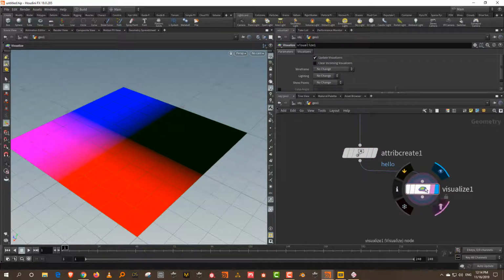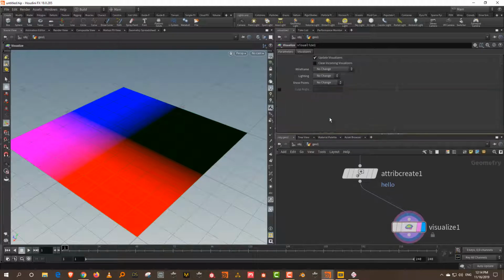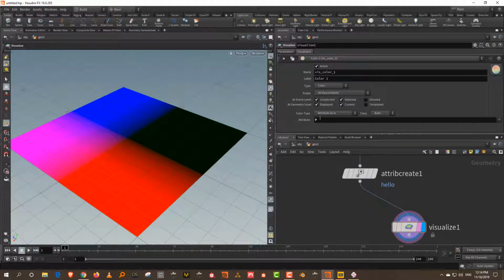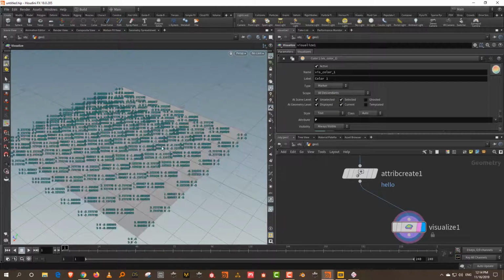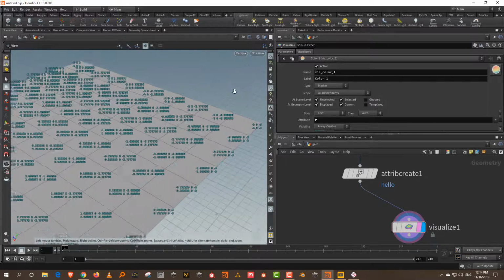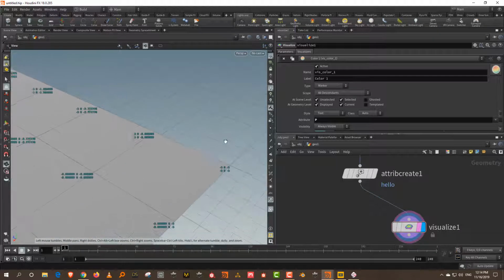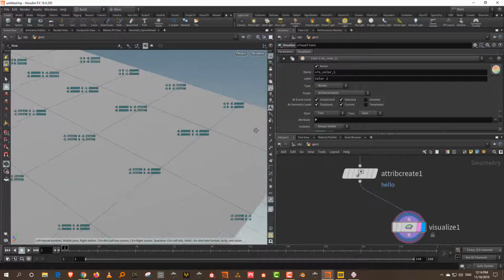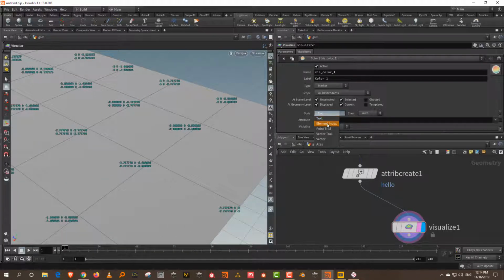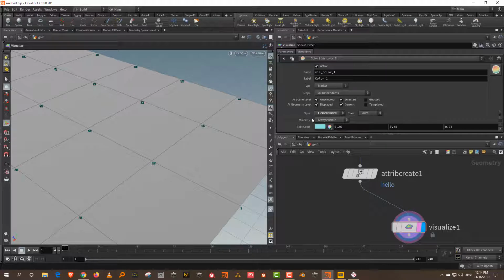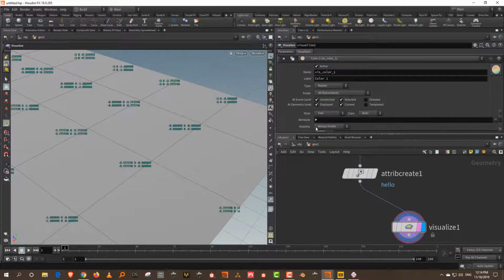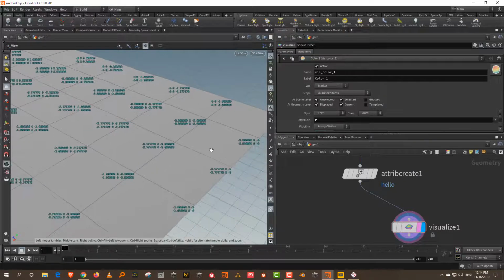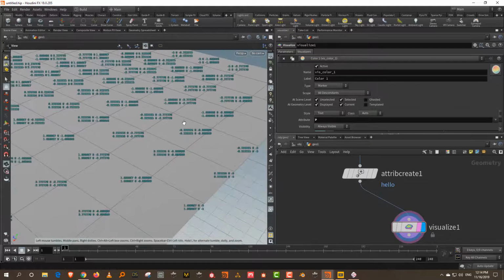By default it is showing you the position. If you come down here to visualizers, the default is kept to position. It's showing it to you as color, but if you want to see it as a marker, that means it will show you text data. If you come in close, you'll see that each one of these has a text. So you have different ways to see it. This doesn't really help us, so I can just see it as text. This is essentially nothing but the point position.